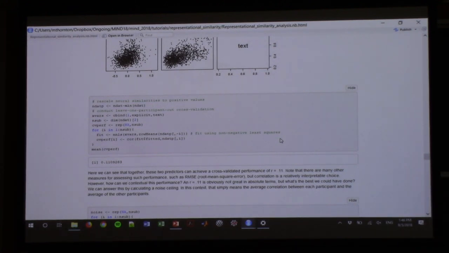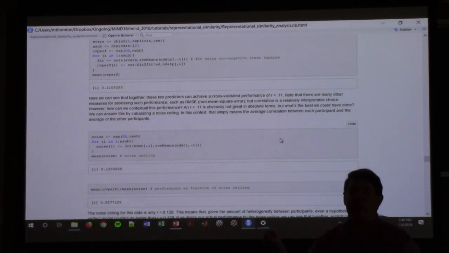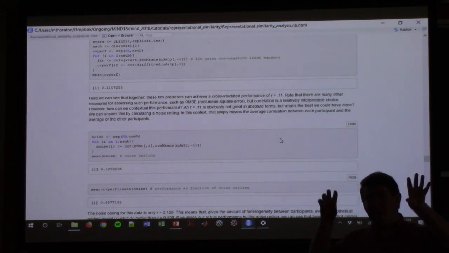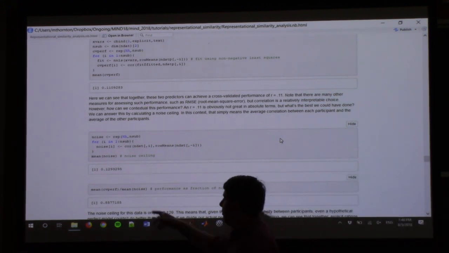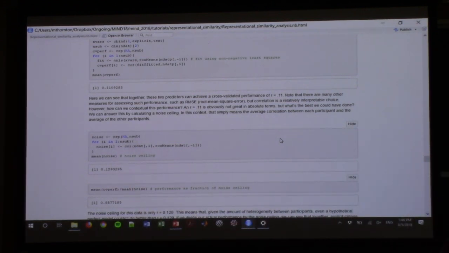The noise ceiling is basically the same prediction without a model. What I mean by that is we simply take the average of all of the other participants' similarity matrices, and we correlate that with the one left out person's similarity matrix. And we do this iteratively, leaving out each participant in turn. So we get essentially a correlation between all but one and one, leaving out each participant one at a time. And then we simply take an average of those correlations to estimate what's called a noise ceiling. So this is effectively how well we possibly could have done using the perfect model, which is just other people's data. So given the reliability of other participants' data, how well can we model this one